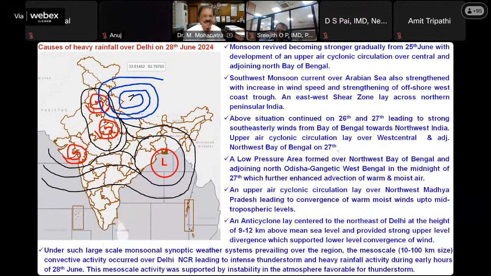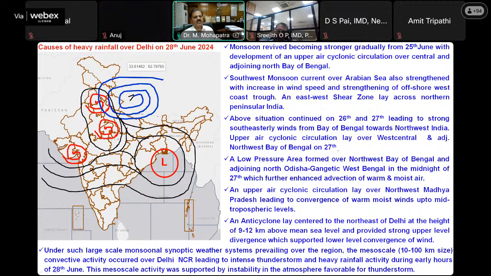Now you might be thinking what actually happened on that day. Monsoon on that day became very active because of the improvement in the Bay of Bengal. As I was telling a little earlier, on 26th a cyclonic circulation formed here, and on 27th it lay here. On 27th midnight, it became a low pressure area over North Bay of Bengal with adjoining areas of North Odisha and West Bengal. Along with this low pressure, simultaneously, there was a cyclonic circulation over northwest MP, another over Haryana at different levels, of course, and another over South Gujarat or Saurashtra, you can say.